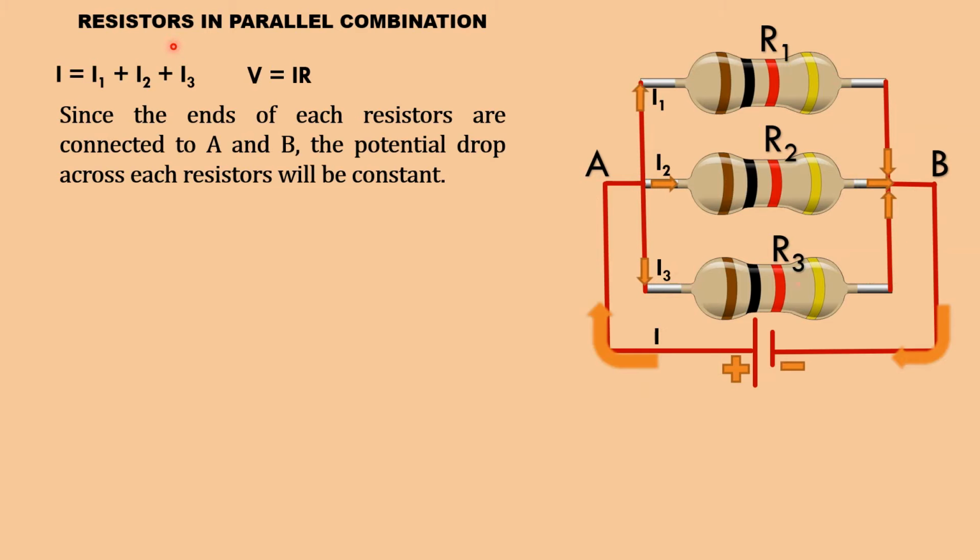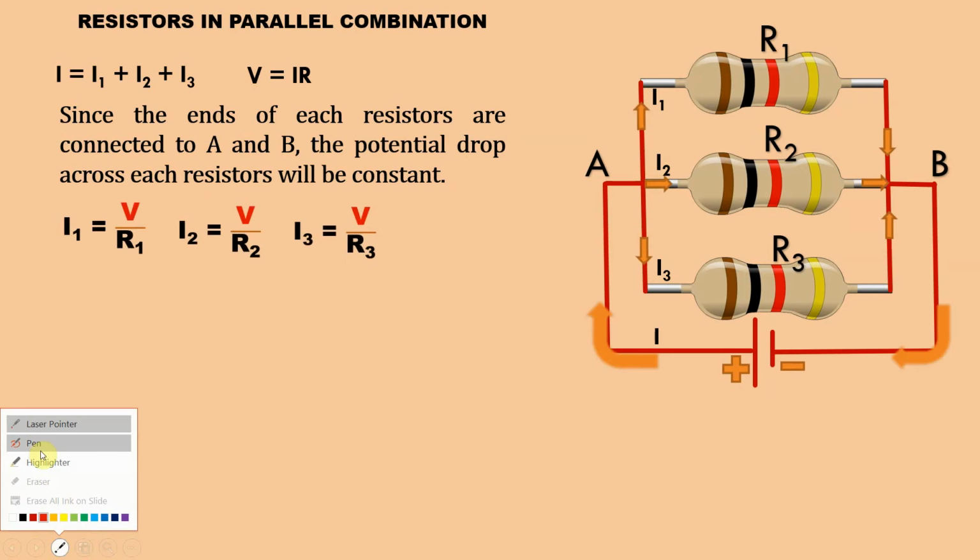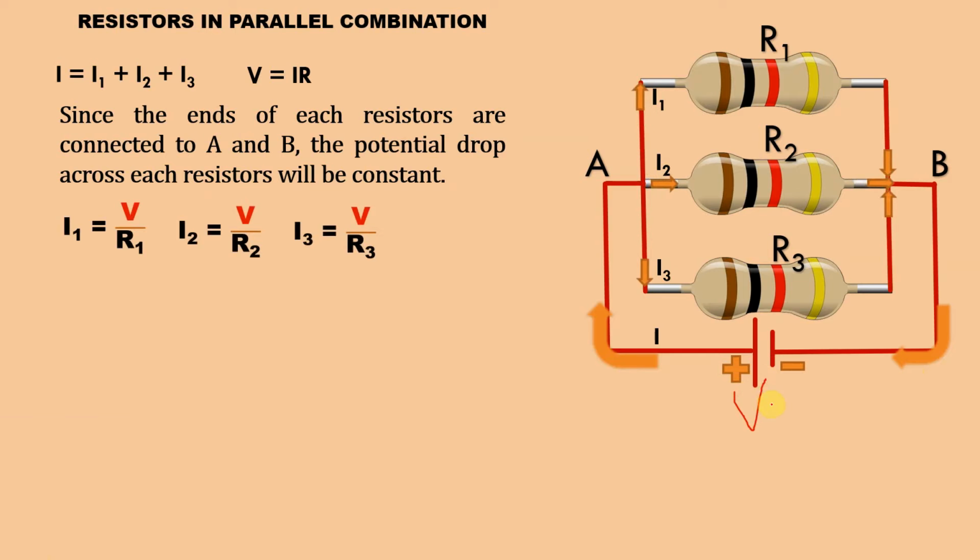Okay. Since the ends of each resistor are connected to A and B, the potential drop across each resistor will be constant. In the previous case, we found that the current is constant. Here the potential developed is constant. So here V is the potential developed. For example, if this is the potential applied here, let V be the potential applied here. So this potential V